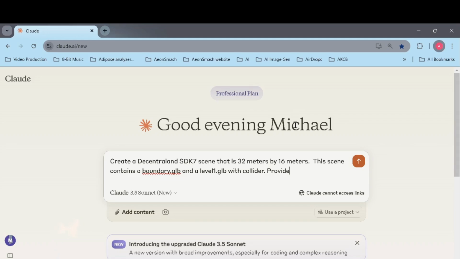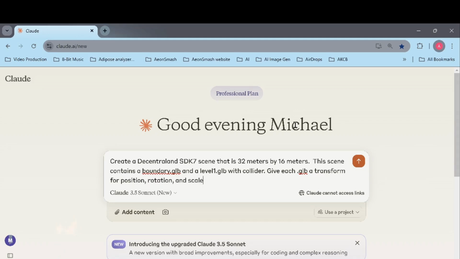So you provide each GLB, and these are called entities, but you don't even need to say that. In fact, we don't have to be so proper either. So give each GLB a transform for position,